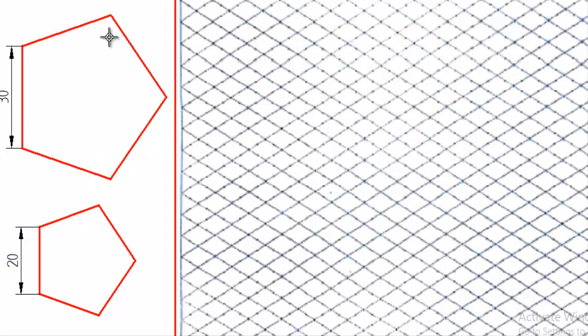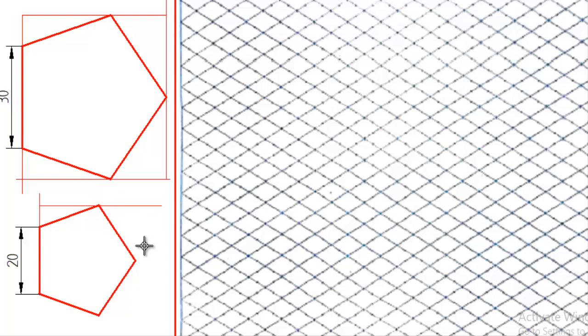We know how to construct the pentagon in isometric view. Here we need to extend the lines from all the corners and make a frame for it. We need to make two frames, one for the top face and one for the bottom face. Like this we have to construct. This is the only difficult part in isometric: the frustum of a pentagonal pyramid will be a lengthier version, and the second lengthier one is the frustum of a cone. There also we need to do a little work. The remaining ones are all very easy.